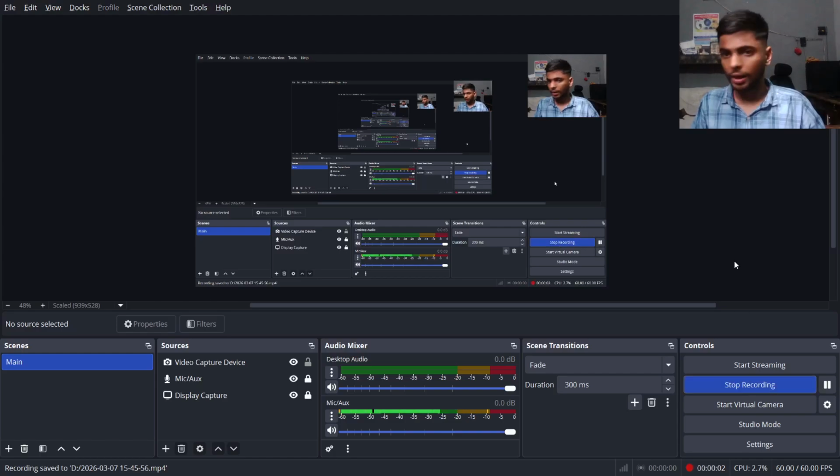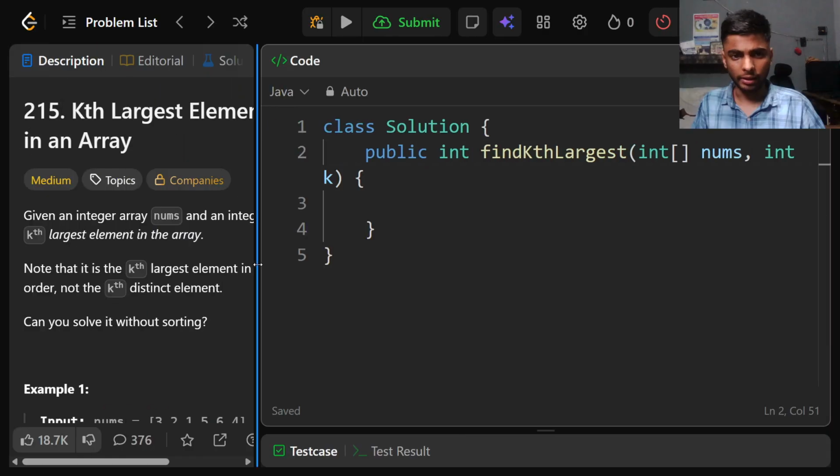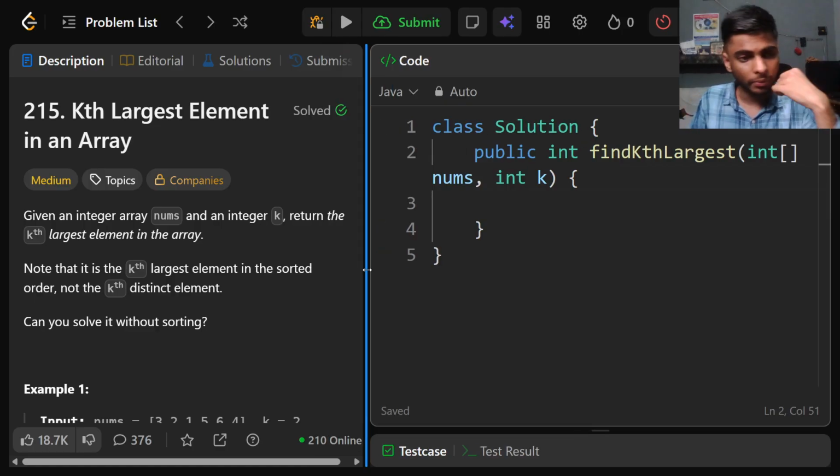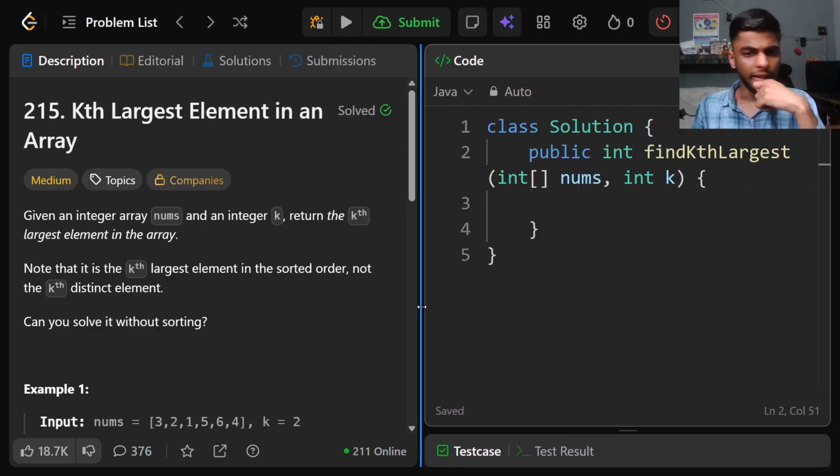Hello everybody. Okay, so I've been doing sliding window problems for some time now, and I think it's time that I start focusing on some other data structure. I've chosen heap. So this is the first video in the heap series. This is the problem: kth largest element in an array. Heap is essentially a priority queue,